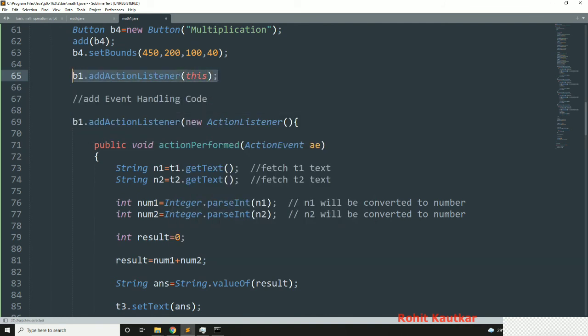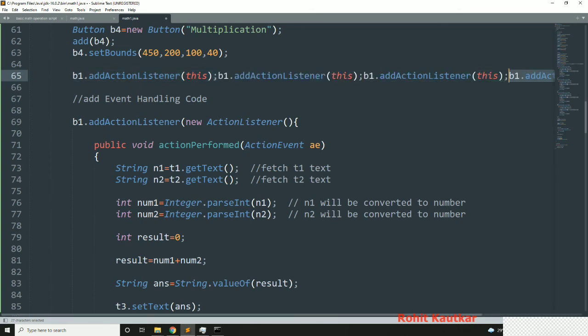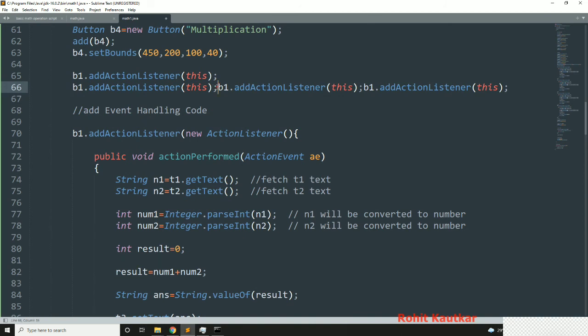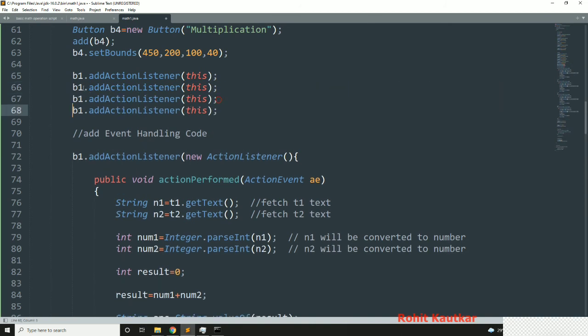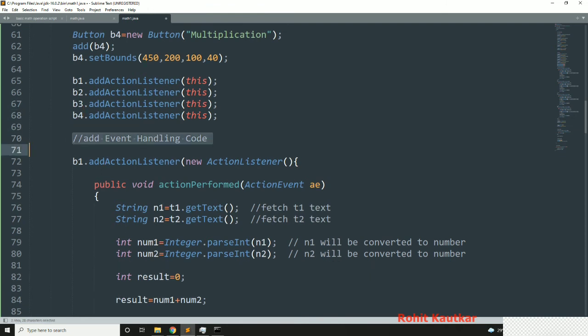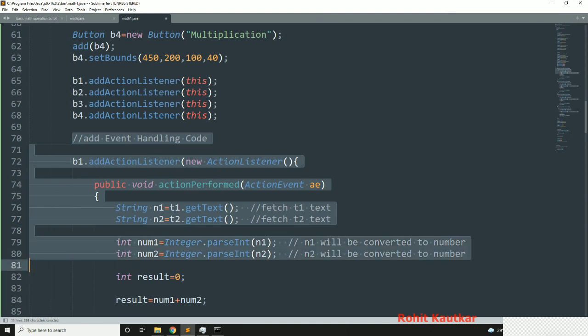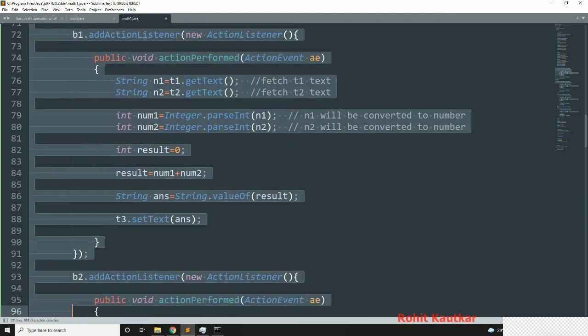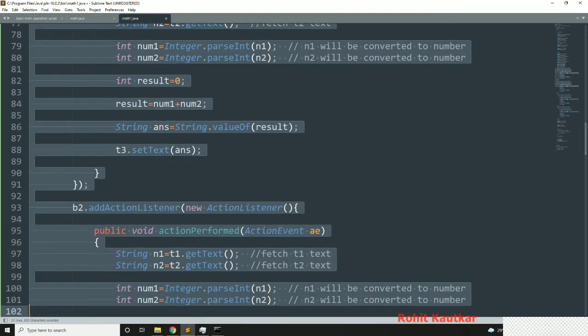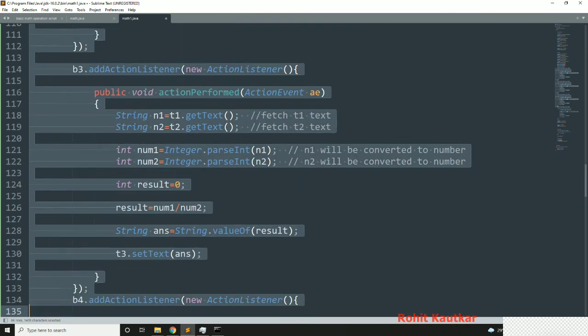Okay, so we will duplicate this 4 times. So this will be for B2, B3, B4. Okay, and now we will try to implement actionPerformed method. Okay, so I will cut this code.